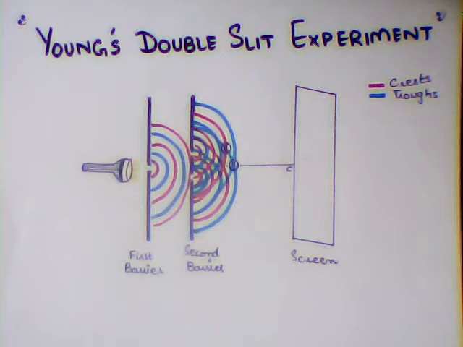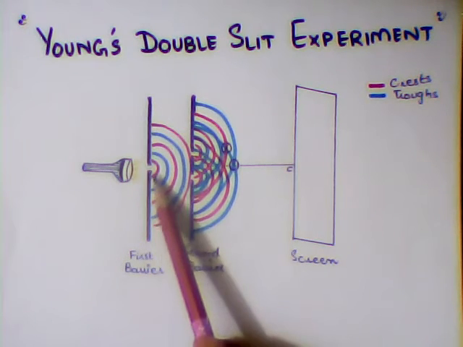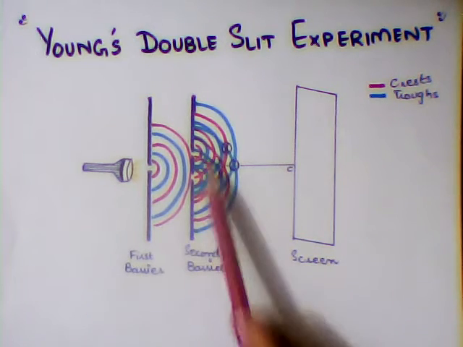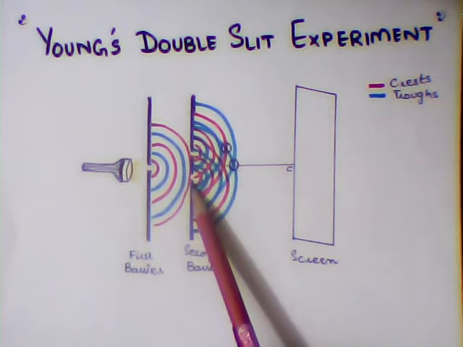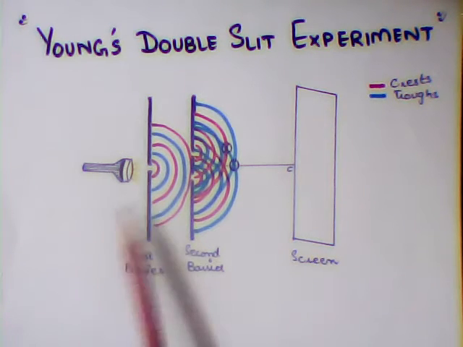So let's get started. Young's double slit experiment was first performed by Thomas Young in 1801. This is the schematic diagram of Young's double slit experiment. In the experiment, we have a first barrier which has one slit, and we call it slit 1. And the second barrier has two slits, slit 2 and slit 3. This is the viewing screen where different patterns of dark and bright fringes appear, and this is the source of